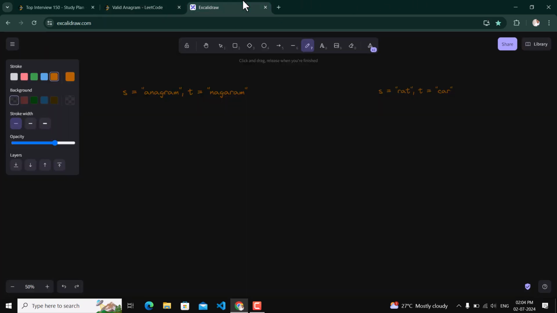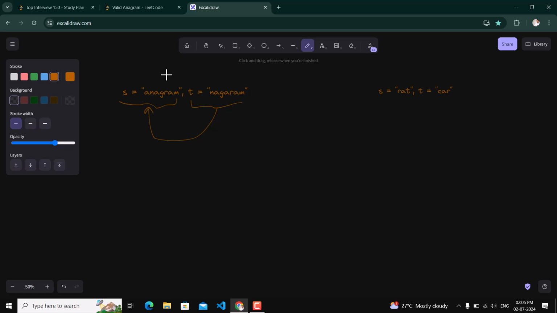Okay, like in this case, we have created this string t using all the letters or all the characters of string s, the original string, exactly once, and we have found a new string, and it is known as the anagram. So an anagram is basically when we are forming a new string using all the characters of the original string exactly once. Okay, so this is basically called an anagram.